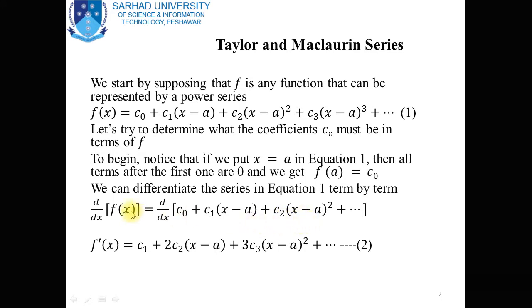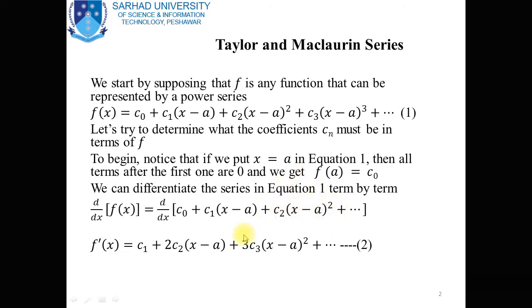Now the derivative of the function f is denoted by f prime at x, and the derivative of c0 is 0 because c0 is a constant term, and the derivative of x is 1, the derivative of a is 0, so we obtain c1 plus,